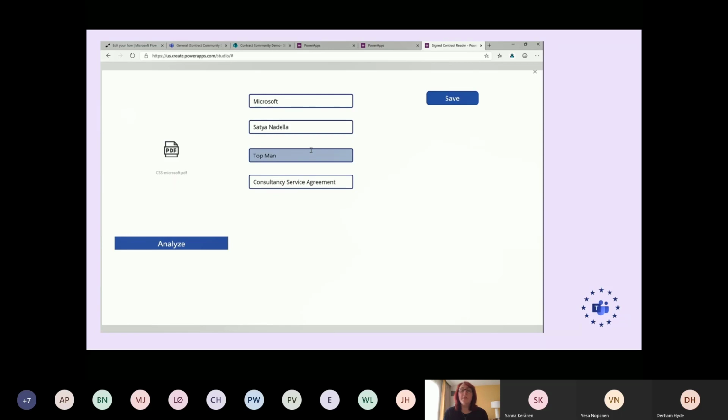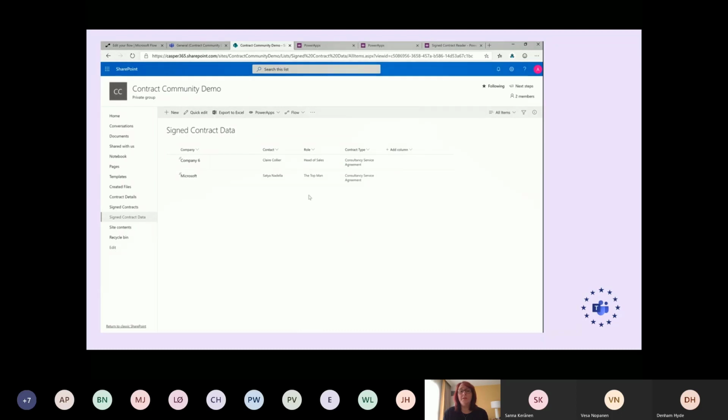And what we're just showing you here is that we can analyze the data. And on this one, we're going to change the data to the top man. And then we'll have a look in the SharePoint list and just see that that did in fact come through as the altered data. Okay, so